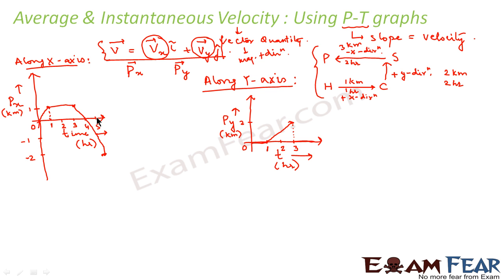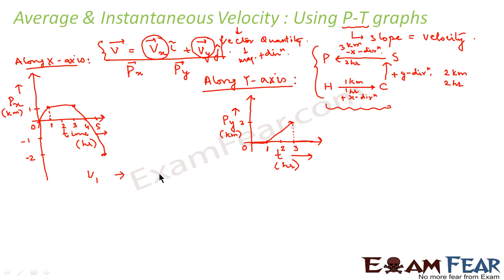graph. Now we already know from our previous knowledge that the slope of a position time graph gives the value of velocity. In the previous slide, we calculated the values of velocity manually. Here from the graph, we will try to calculate the value of velocity. Seeing these graphs, let us try to calculate V1. V1 is corresponding to this motion from H to C.